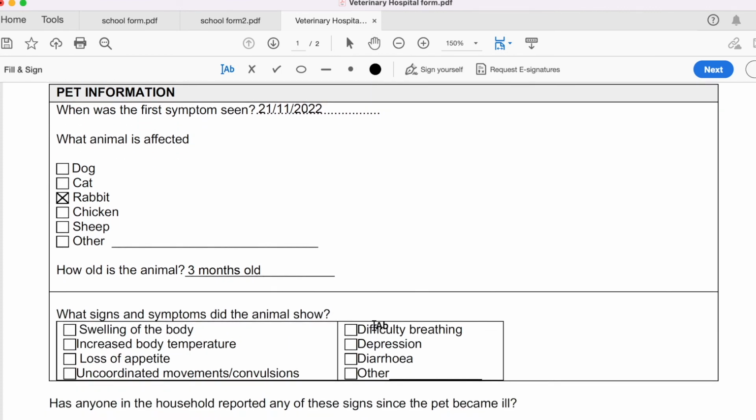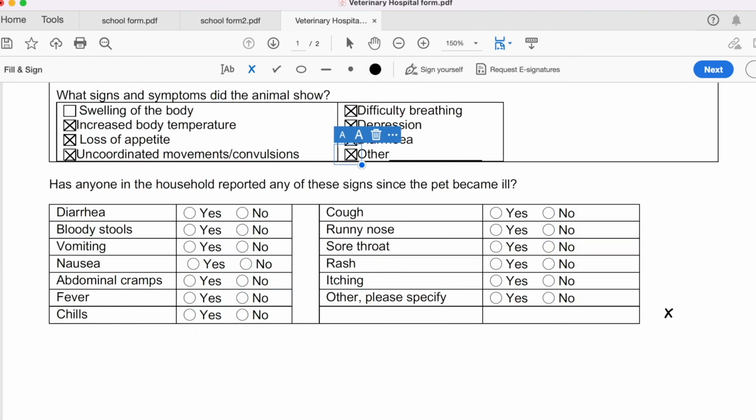Now, what signs and symptoms did my rabbit show? So they had the temperature. So now it recognizes this, but I don't want that. I want a checkbox. So increased temperature, loss of appetite, and all of this, all of this, all of this. Okay, so that has checked outside of the box, and that's why you see that. I'm going to delete that and check the box again. Okay, so if we go to the other section of